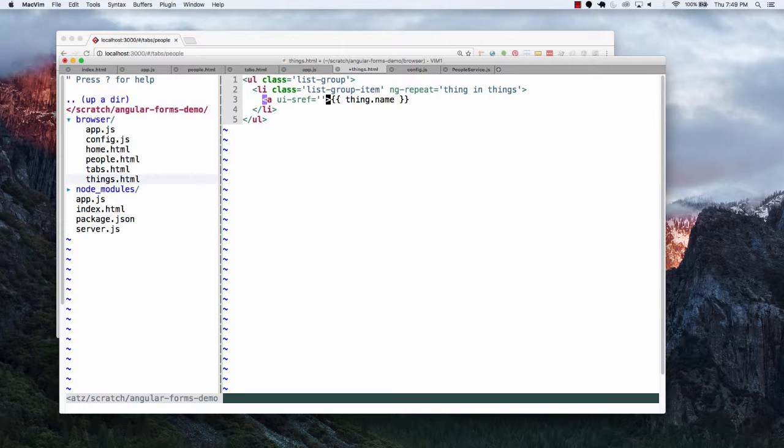So this is where I sort of left this out yesterday, and I want to make sure we cover it today, where we can actually look at putting in some parameters. Now, what's this state going to be? Well, how about tabs, people, person, where the ID